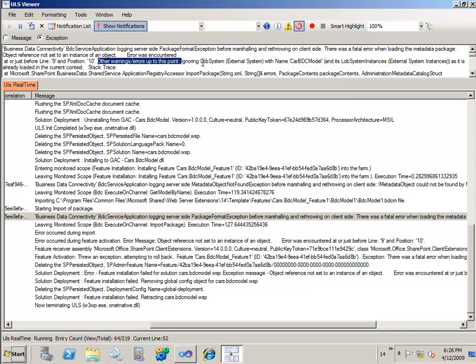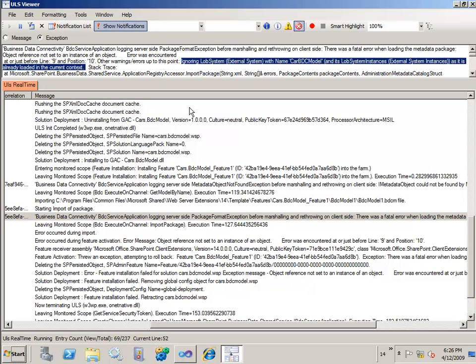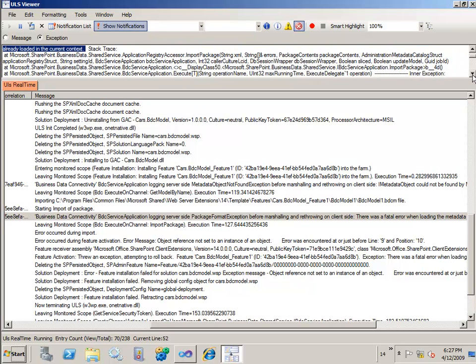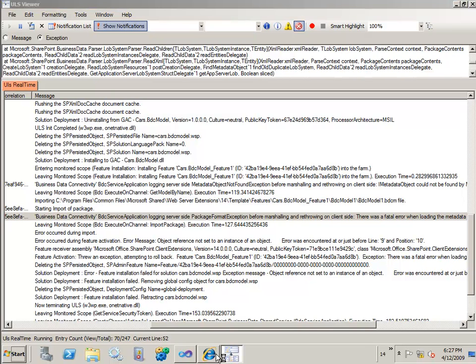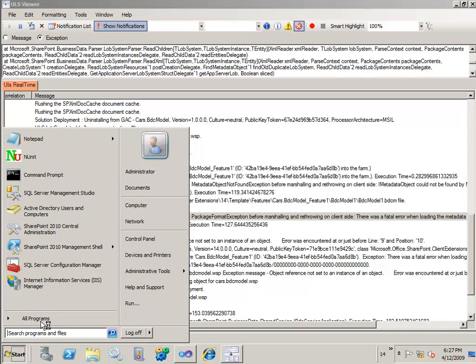And it says ignoring line of business system with name cars BDC model and its line of business system instances as it is already loaded in the current context. So I wasn't sure what was happening there, because in the current context I had actually removed all those solutions. So if I come into my Central Administration,